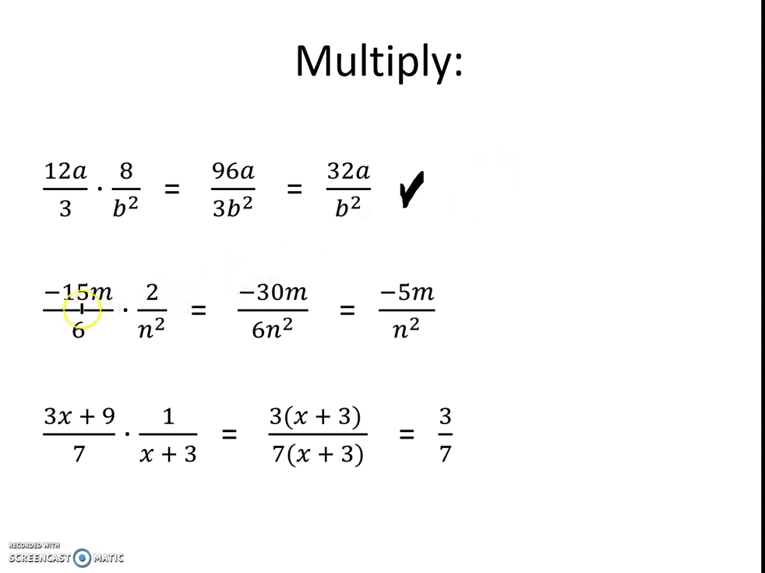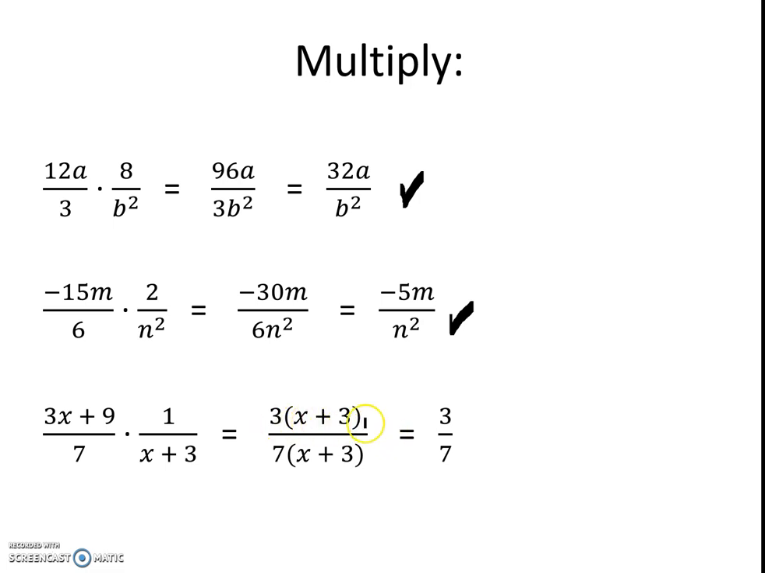The next example is a negative 15 times 2, which is a negative 30, and they are m's. 6 times n squared goes in the denominator. We know a negative 30 divided by 6 is a negative 5, and there's m, and it's divided by n squared. Next problem, we have 3x plus 9 times 1, which can be broken down to 3 times the quantity